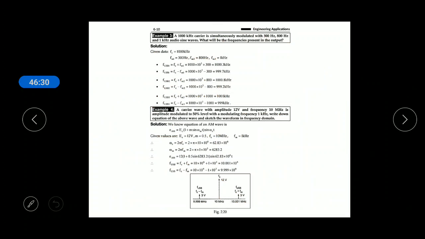So in this way you can find the peak values as well as frequencies from the given equations, and from those values you can calculate the upper sideband frequency, lower sideband frequency, and even the modulation index as well as your total power, right?